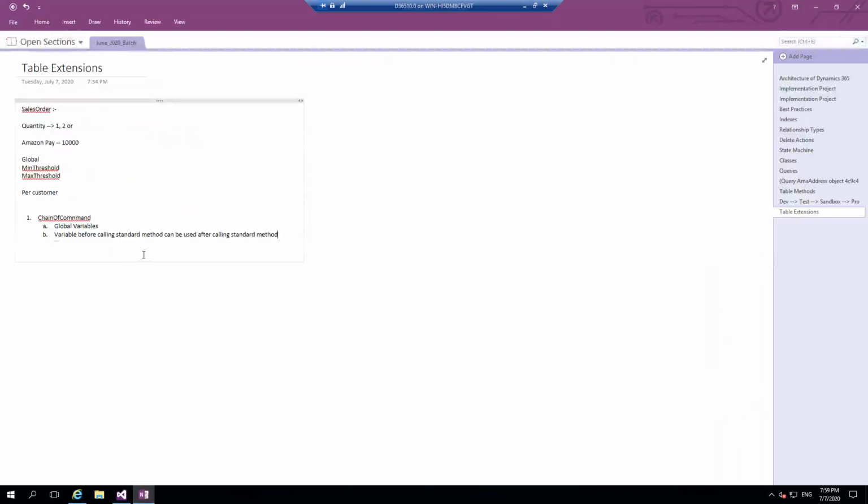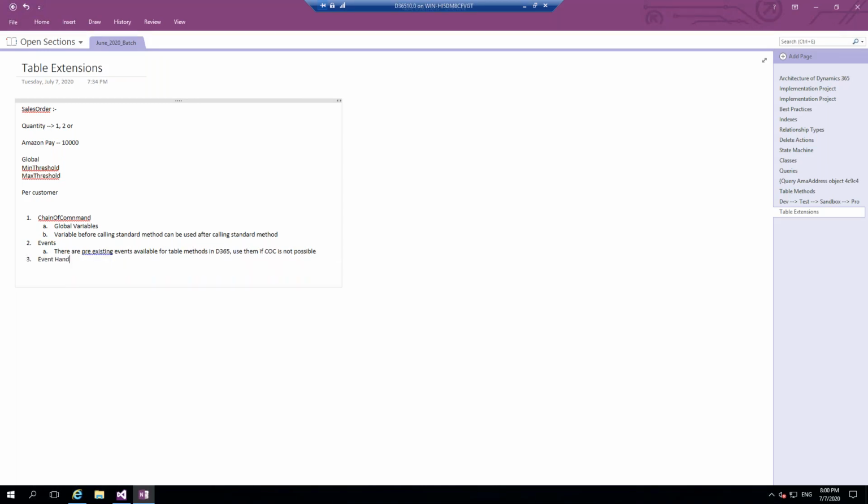So what is the second way? The second way is events. There are pre-existing events available for table methods in D365. Use them if COC is not possible. Please remember, if you are not able to work with COC, then only go for events. Okay, you need to get the customer record here. That is the table record in the center, common table buffer. And the next one is